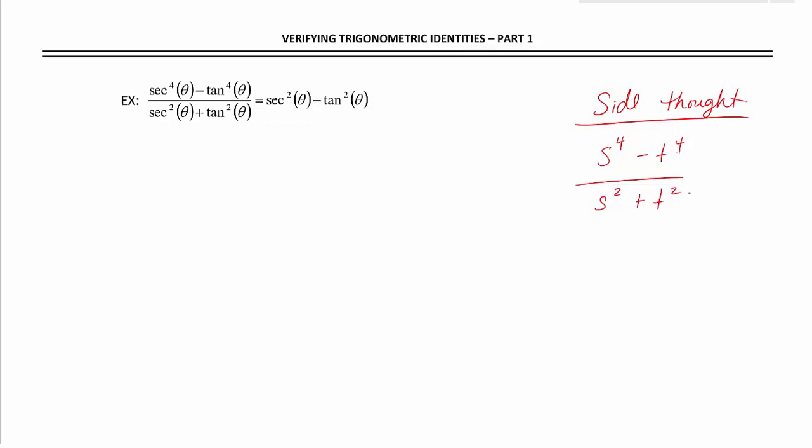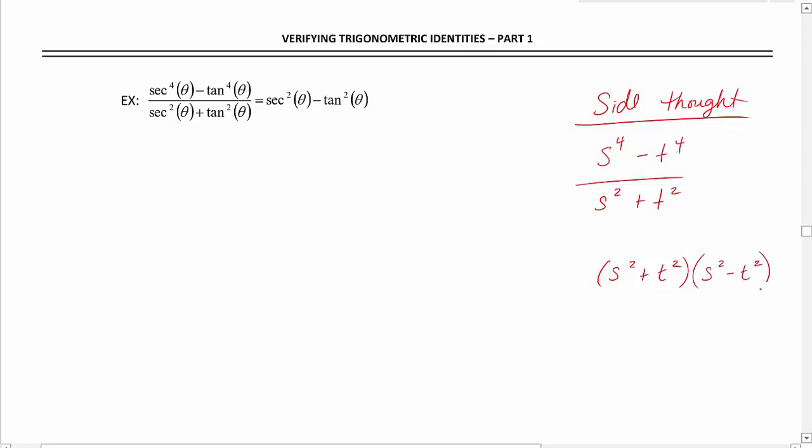All right, well, there's no simplifying straight down and canceling out here, right? We can't do that because of the plus or the minus signs. So we can't just use exponent rules and subtract exponents. Instead, we're going to have to factor. So that numerator, s to the fourth minus t to the fourth, that's the difference of two squares. S squared plus t squared times s squared minus t squared. And then in the denominator, s squared plus t squared can't be factored because it's a plus, so there's no